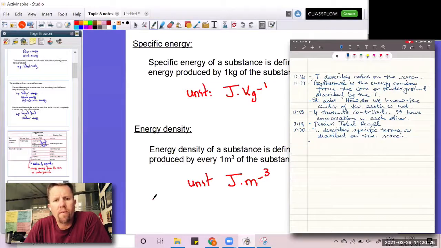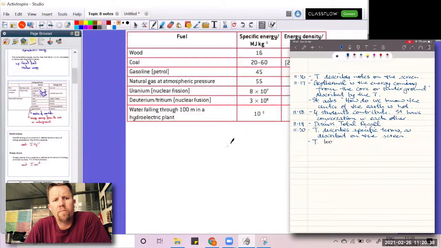Cube of the substance. Okay, so if I study it as a function of its volume, so every 1 meter cube of it, how much energy does it give me? Okay, now some examples are the following. So if we take coal, for example, the source of energy. So every 1 kilogram of coal, so if I burn this, a little comment here, I was noting the